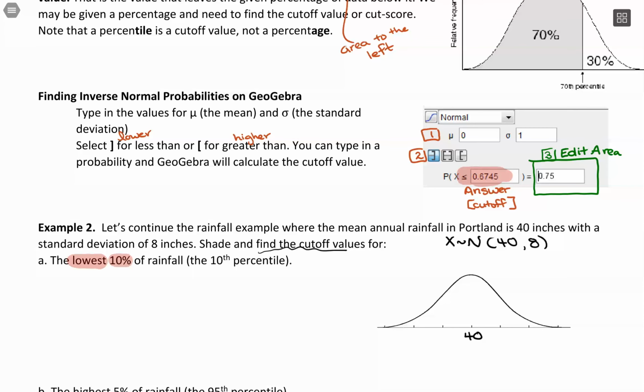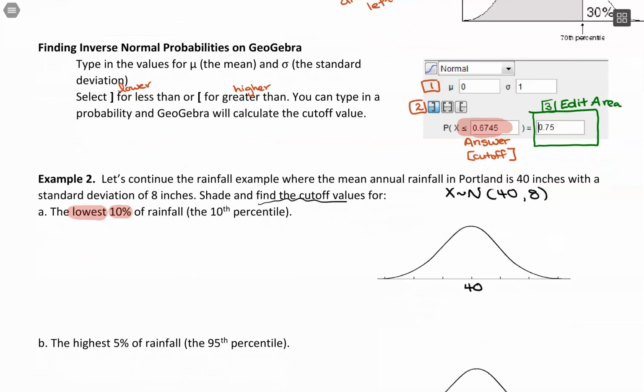So 10%, and I'm just going to estimate that's a small area. So I'm just going to make a small area on the left-hand side. So having the lowest values makes this left-sided. So I'm going to be over here somewhere, and now it reverses in that I don't know what number this is on the number line. What I do know is the area under the curve. I have 10% of data in that area right there,